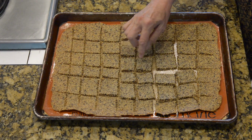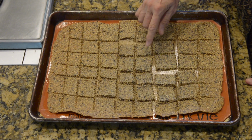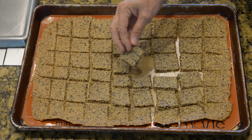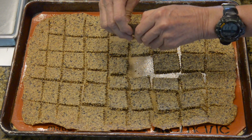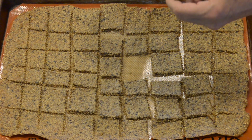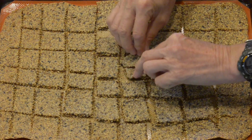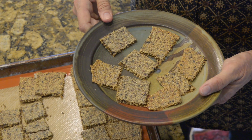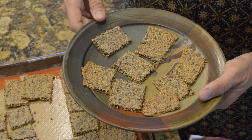Let's see if the crackers are ready yet. Since the crackers in the middle are least likely to be done, I'll just start by testing a middle cracker to see if it's ready. Oh, it just crisply snapped, no bending, no softness, so clearly the whole batch is ready. And now for the reward. Good as always,